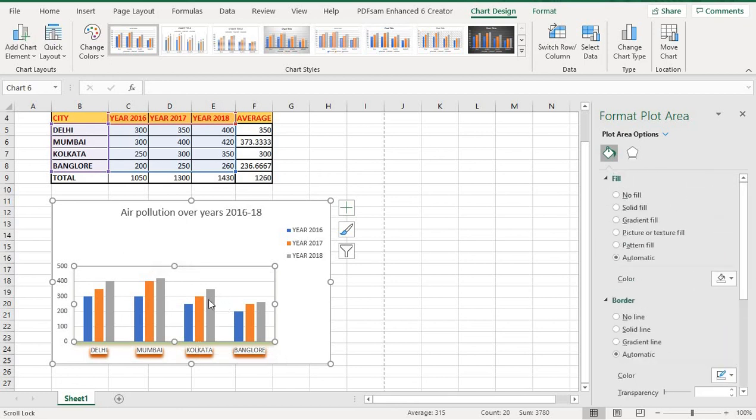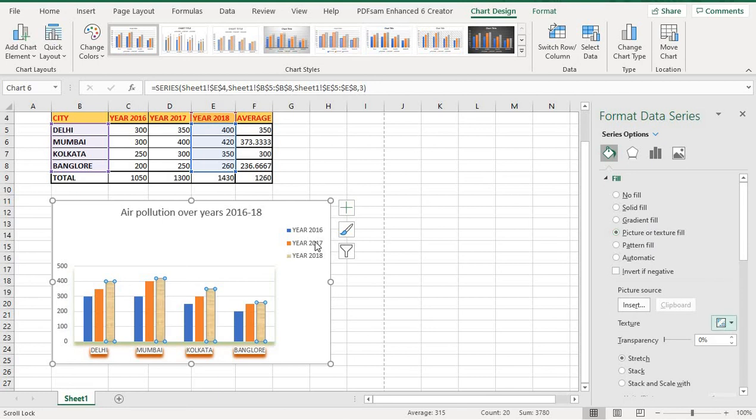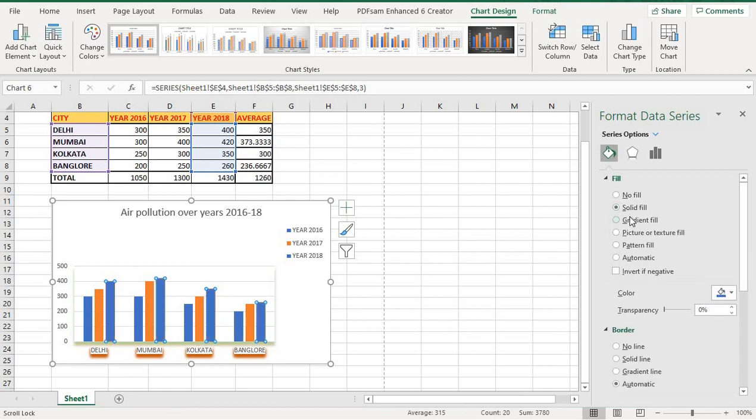Now if you want to format the data series, what do you have to do? I click on this data series, and it automatically selects the data series for every city. Now I want a picture or texture fill, so it will change automatically when applied. For example, Solid, so it will be solid.